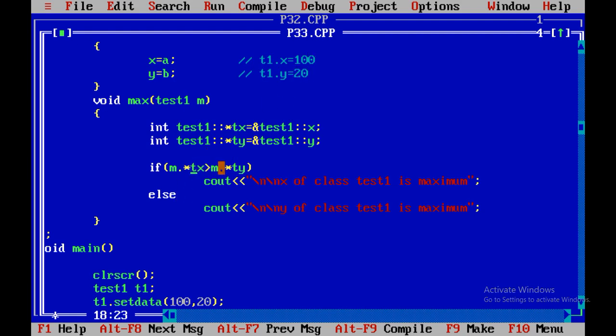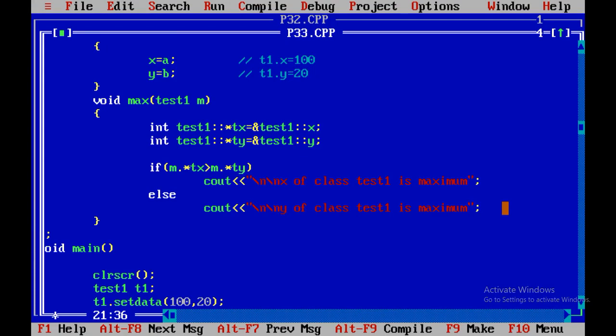If 100 is greater than 20, in such cases the condition is true. At that time it will print x of class test1 is maximum. Suppose over here I have taken 20 and over here I have taken 100. At that time the else part is executed and the output will be y of class test1 is maximum. So in this way you can use the concept of pointer to member.